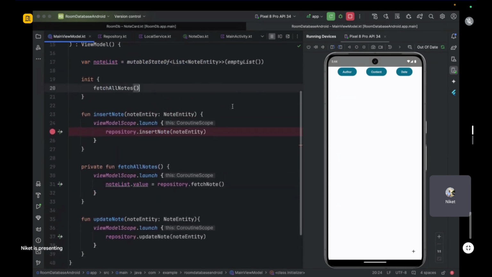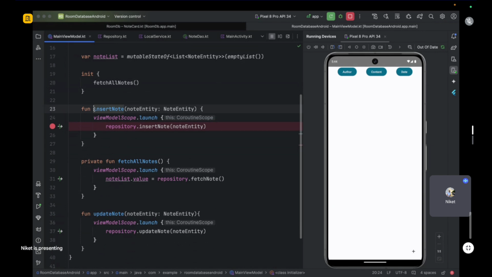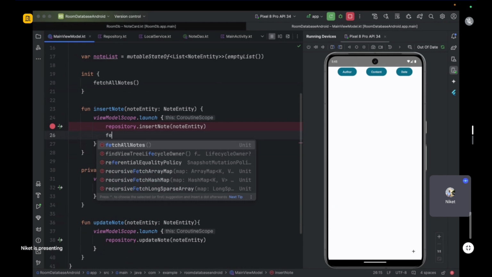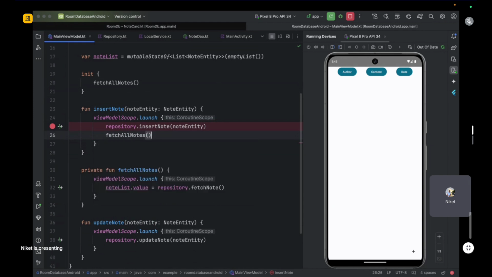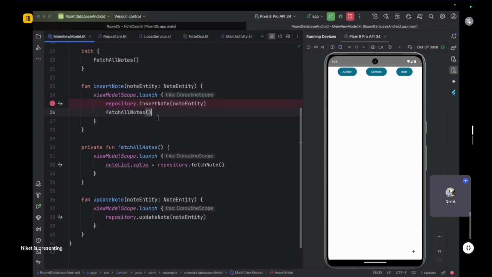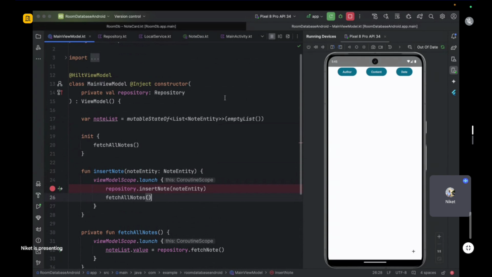And every time I insert a note, I'm going to fetch all notes again. Whenever we insert a note, we fetch the database again. This way it will inflate the UI,